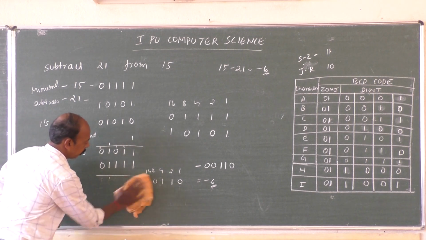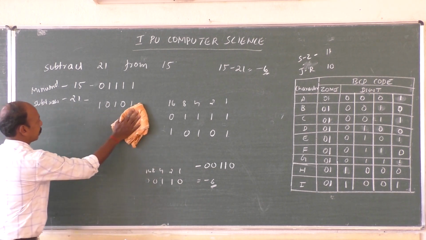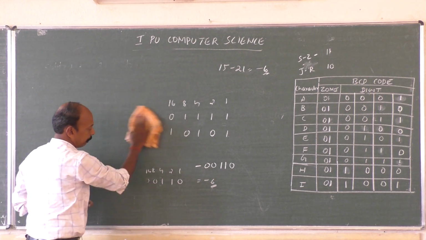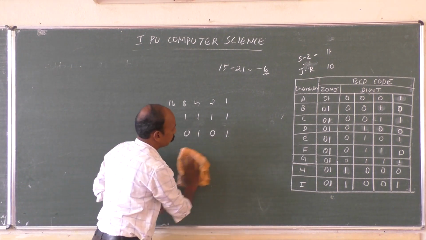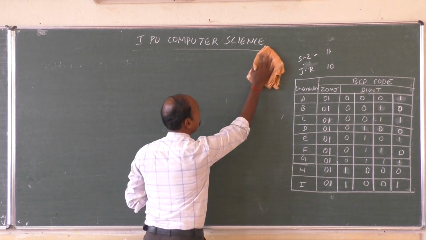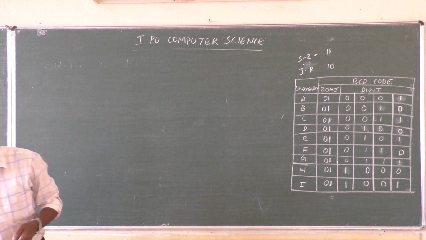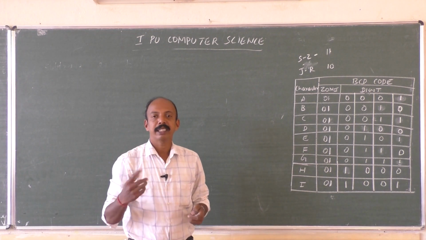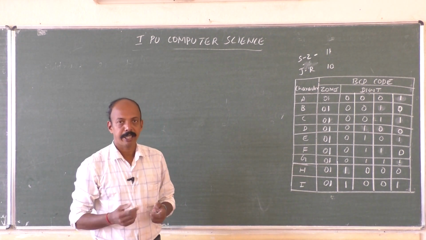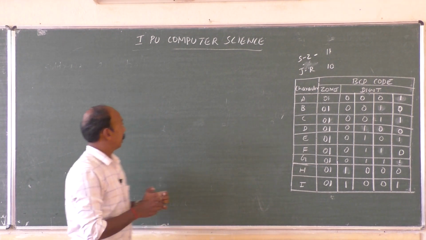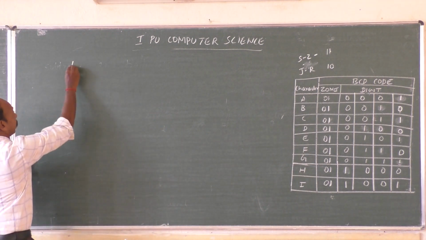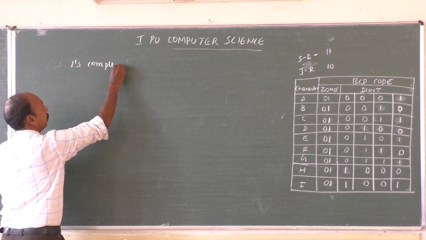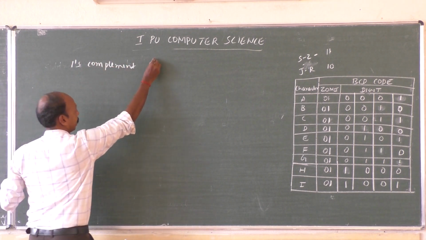So be careful. We have 4 types of subtraction. Mainly we have 2 types of subtraction: subtraction using 1's complement and subtraction using 2's complement. But the problem here is the number may be subtracting a smaller number from the larger number or subtracting a larger number from the smaller number. There the rule changes. Let us just recall, 1's complement and 2's complement.